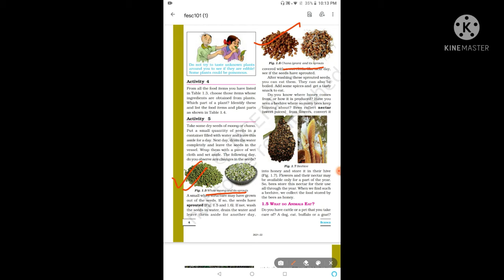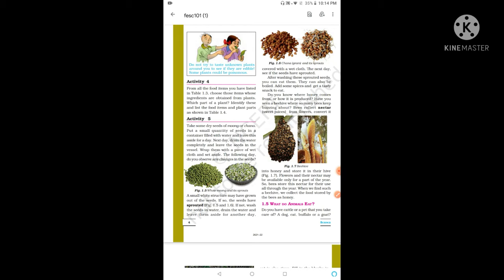So if not, wash the seeds in water, drain the water and leave them aside for another day. Cover it with a wet cloth. The next day, see if the seeds have sprouted. After washing these sprouted seeds, you can eat them. So when you see that the seeds have grown, they have sprouted, then you can eat. Even these sprouted seeds help you to get rid of fat also, right? It's good for health even,